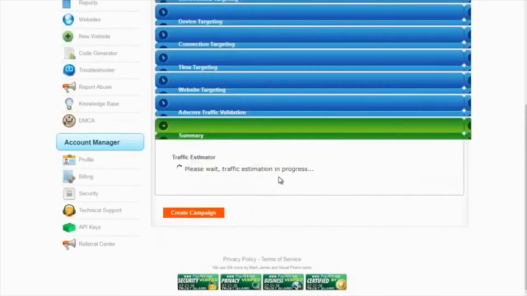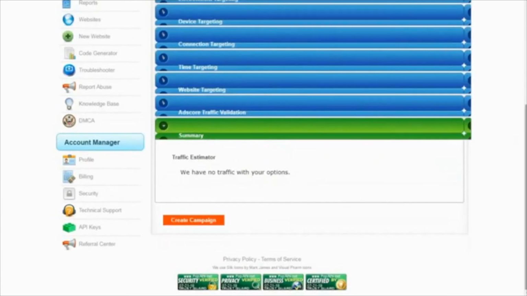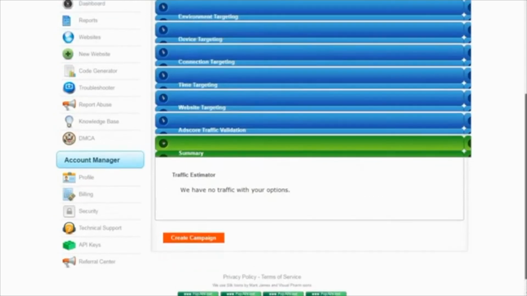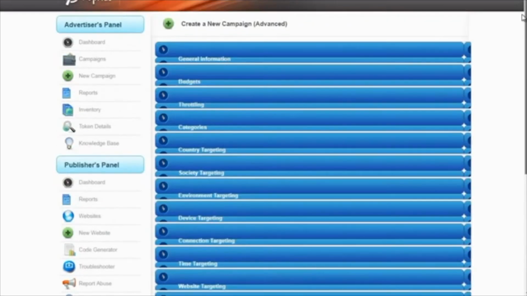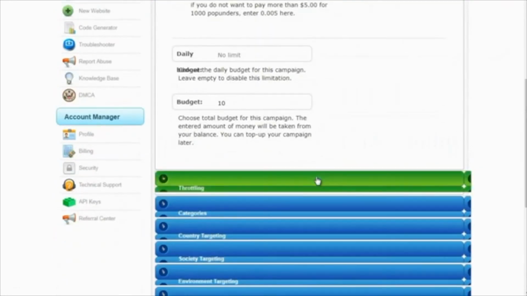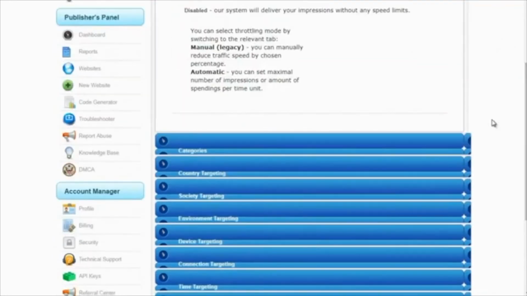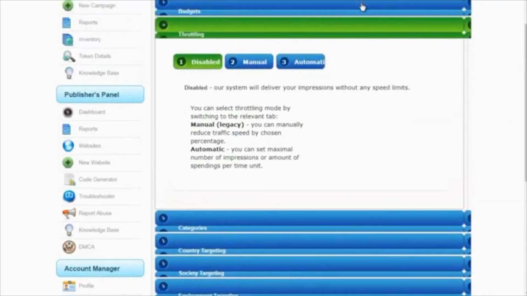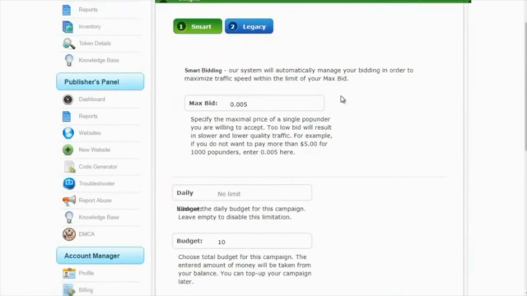Now you click on summary, and what this does is it allows you to see what the traffic options are. So how much traffic you're going to get. Now, bear in mind, when I went up here, I think there's certain things that I didn't fill out, but what it's going to tell you is it's going to estimate how much traffic you're going to get. And based on that, it'll tell you, okay, you're going to be 3rd place or you're going to be 7th place. And based on that, what you can do is change this and increase it up. So you could, instead of 0.005, you could do 0.05